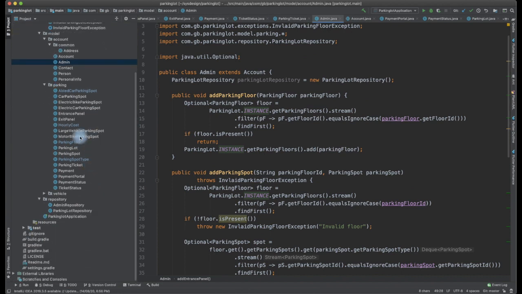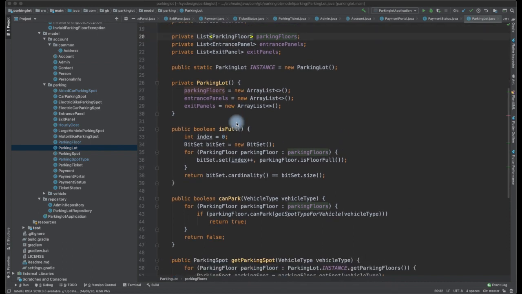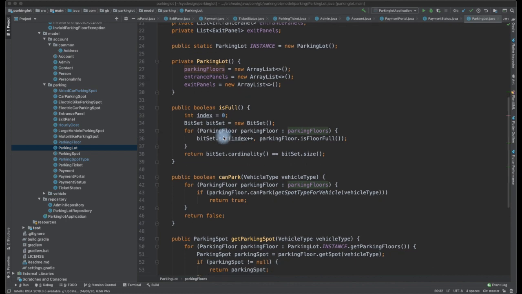Let us look into the workflow of a parking lot now. We should be able to check whether the parking lot is full or not. So what am I doing here? I'm using a bit set. Let us look into why we need to use it. For each parking floor, I am checking whether the parking floor is full or not.